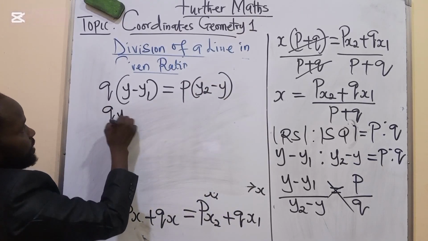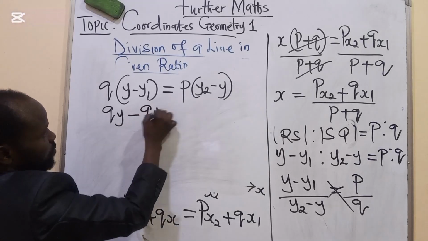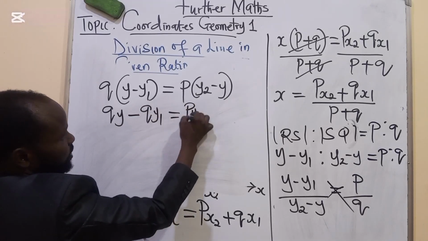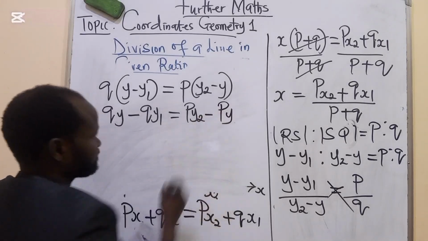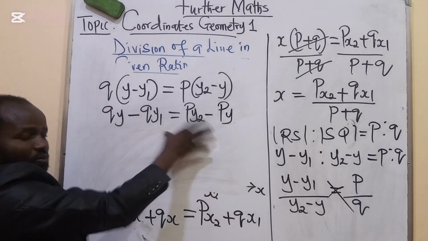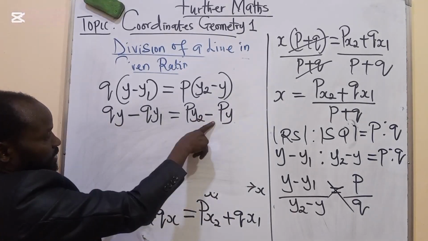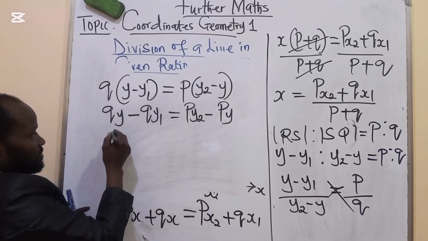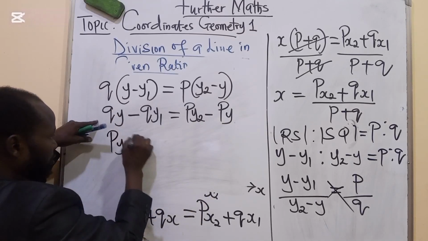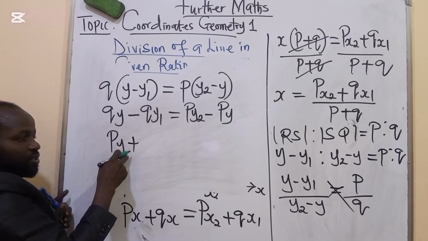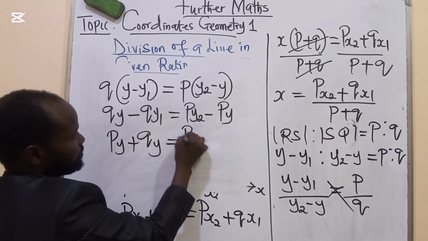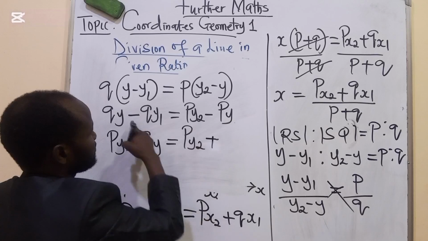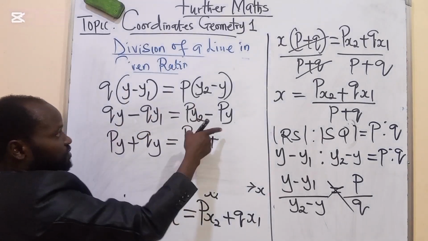This will be qy minus qy1 equals py2 minus py. Those with y on one side, that's qy and minus py. We collect like terms. That will be py plus qy, this minus crossing the equal sign will be positive. Qy equals py2 plus, because this is minus, when you cross the equal sign, it becomes plus